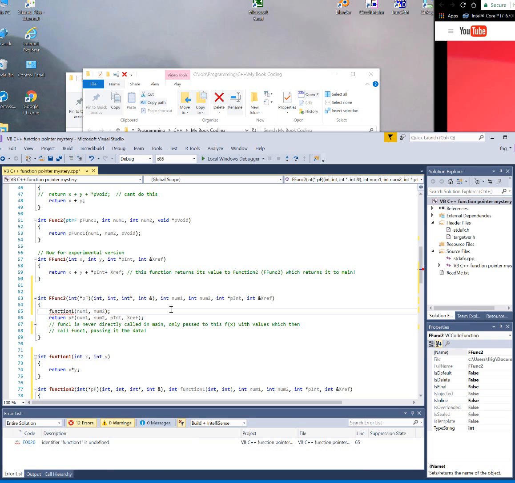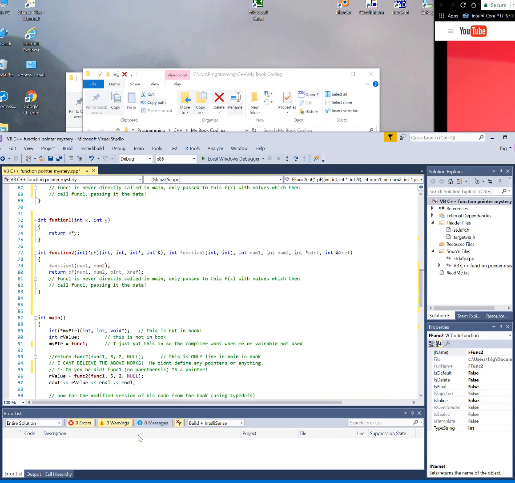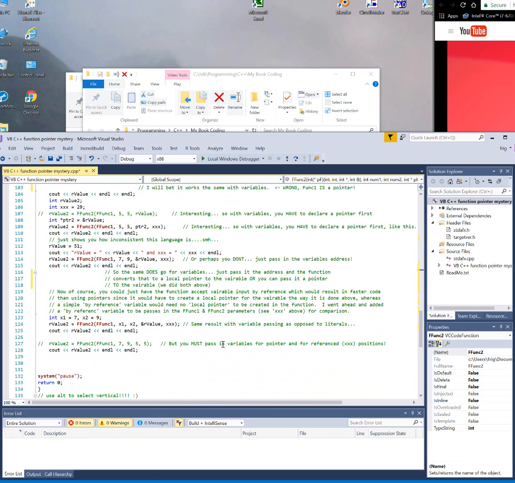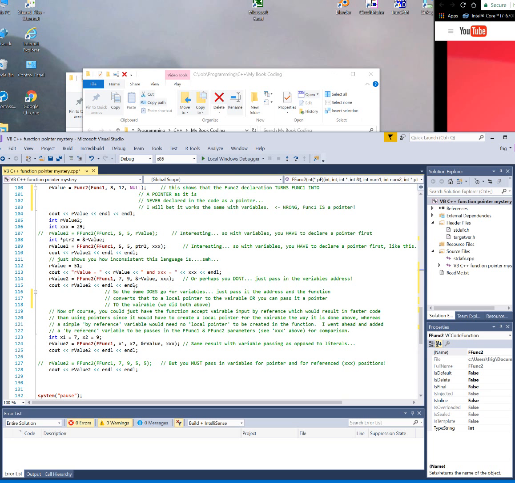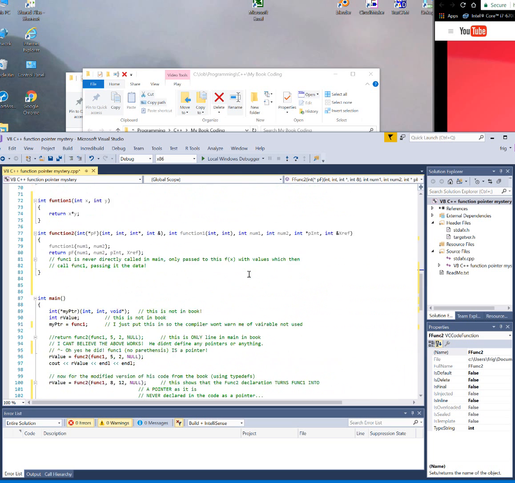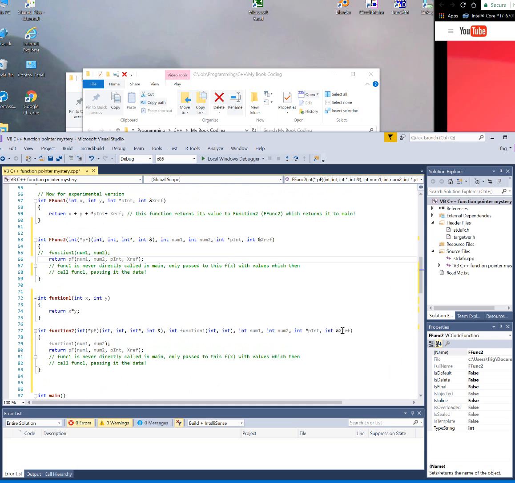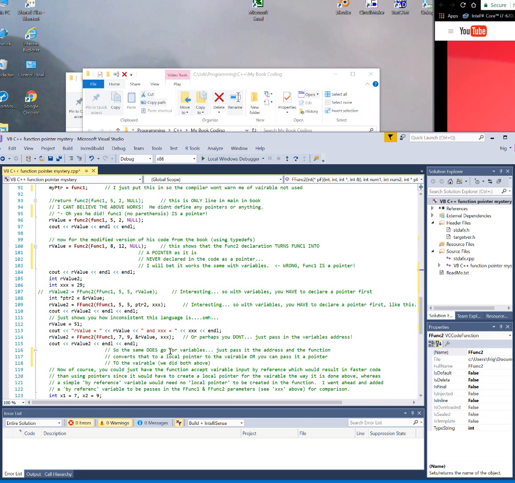Okay, gotcha. Alright, I can comment that out, and all should be right as rain, no errors. Groovy. Okay, now, like I said, when you're passing references to a function, you just have to pass in a variable name, and you don't have to do anything special. That's what's nice about having references: if you have a reference declared as input to your function, you just have to pass it a variable name like I do here,